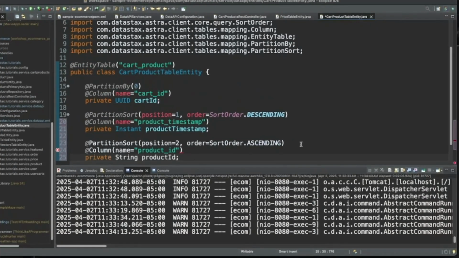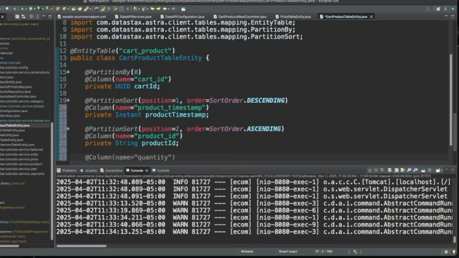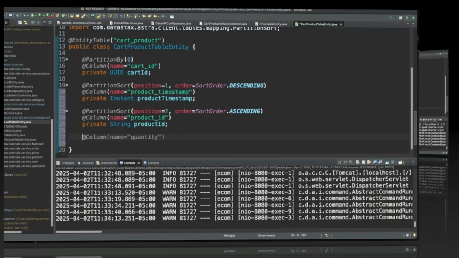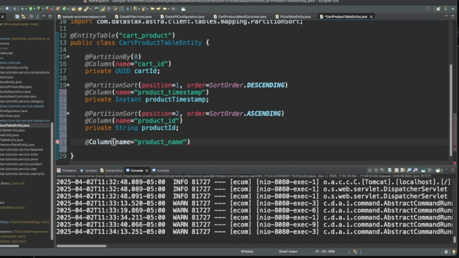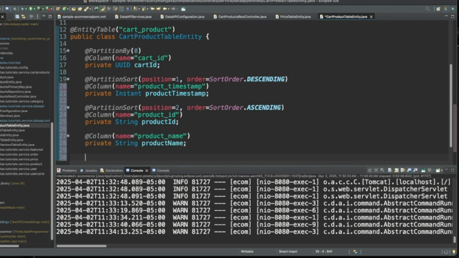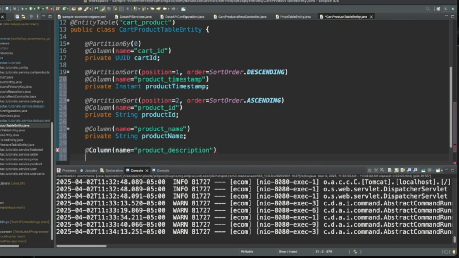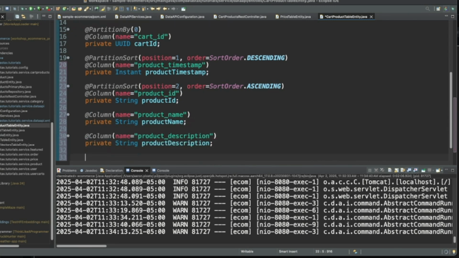Yes, that's correct. Good job, Copilot. Now the next ones: we have our product name and quantity. Oh, I see, product description, name, and quantity. Let's do that. Sure, we can do product name here, private string product name, product description, private string product description.